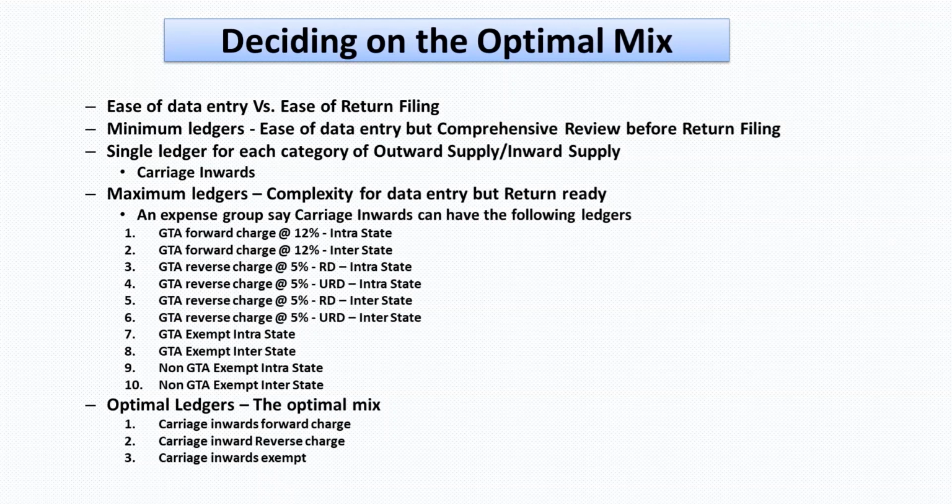But if we have a team which can be trained to identify and to post, and there are too many transactions, so that at the end of the month it will be very difficult to compile, fine, well enough. I mean, that is also absolutely fine.